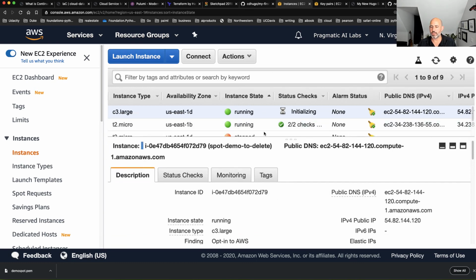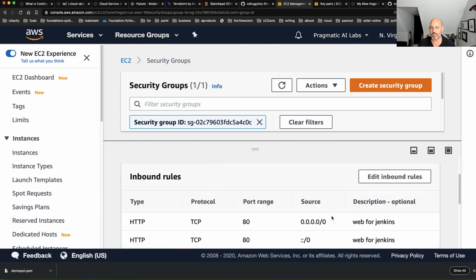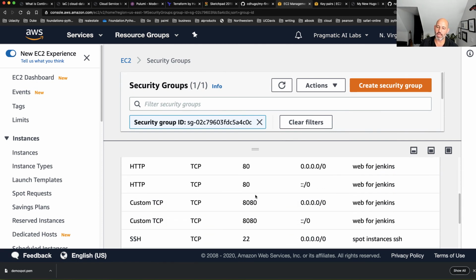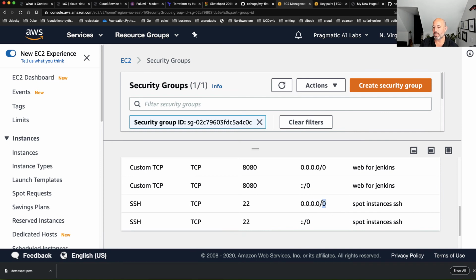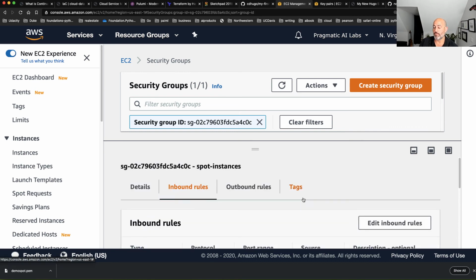But one of the things I can show you is that it's got these security rules here. This machine can talk on port 80, port 8080. I can let anybody connect anywhere in the world as long as they have the SSH key, right? And so these are just some rules that I would configure. If I didn't do this, I wouldn't be able to SSH into it though.